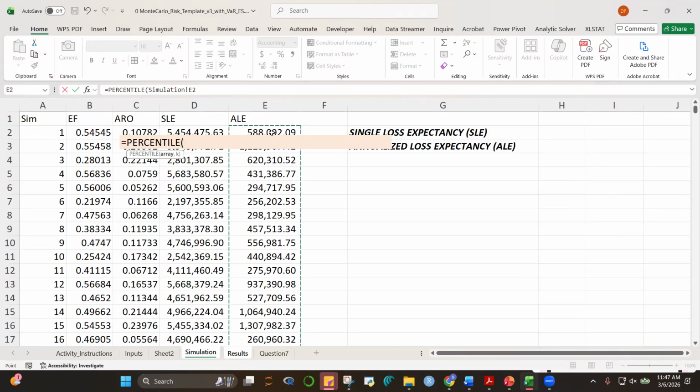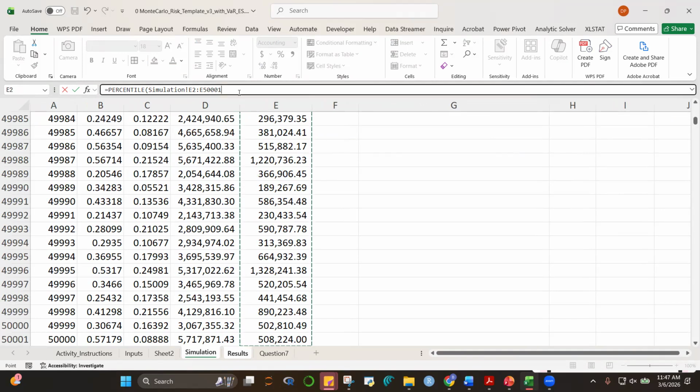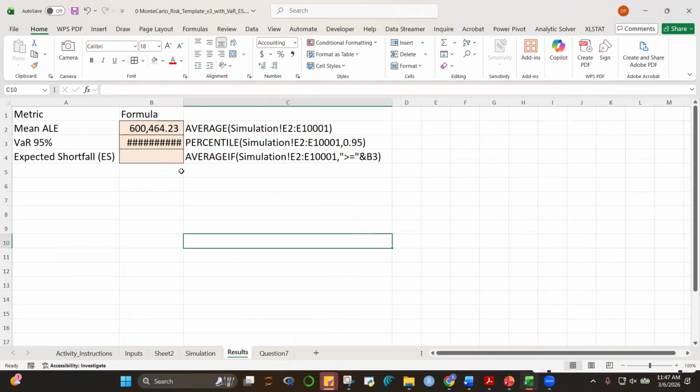Control Shift down arrow, Control backspace. So this is our percentile. And then, what is our K? VAR 95%, right? 0.95 or 95%. If you were using VAR 90, let's do that in a while. Control Enter. Okay, there you go.